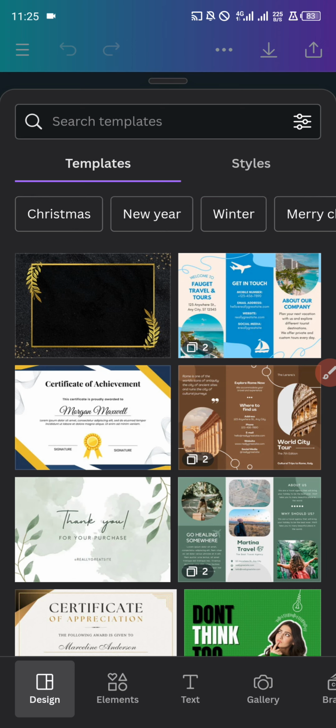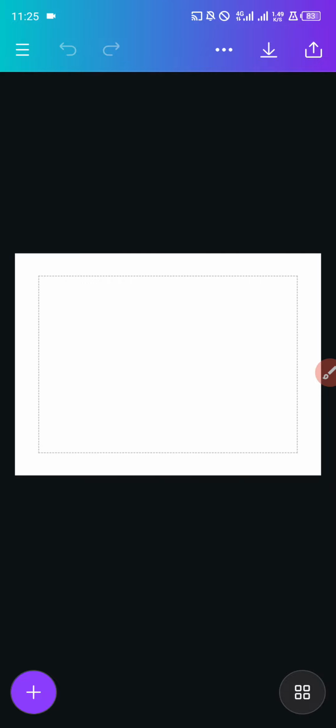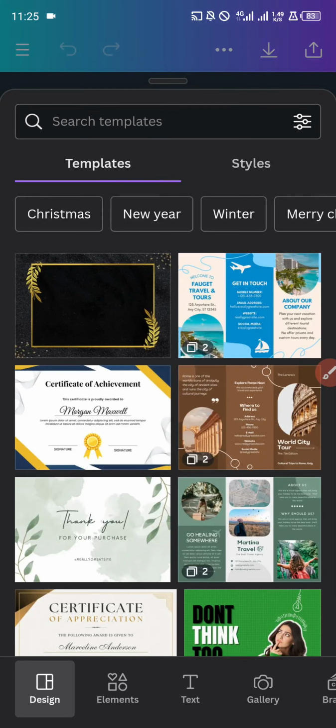So if your work is 8.5 by 11, you also go and calculate the same way and use 8.5 by 11 and then add the number of pages. It's that simple. So now my document has been created. This is the size I'm going to be using to create the paperback version of my book. So first things first,